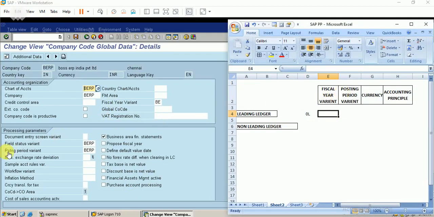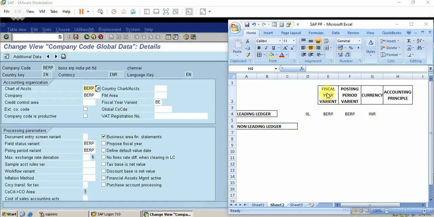We configured these things in our previous videos; you can refer to my playlist. Also the posting period variant. The currency we are maintaining here is INR, and the accounting principle. There is no accounting principle here, but I will show you.